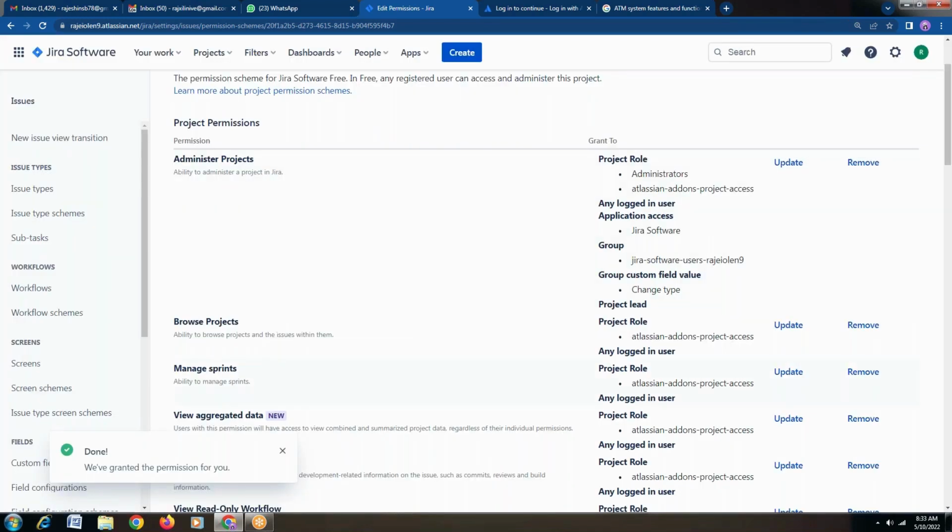Right, so we have granted permissions for the custom field and all that stuff, right? So that is what we have done.